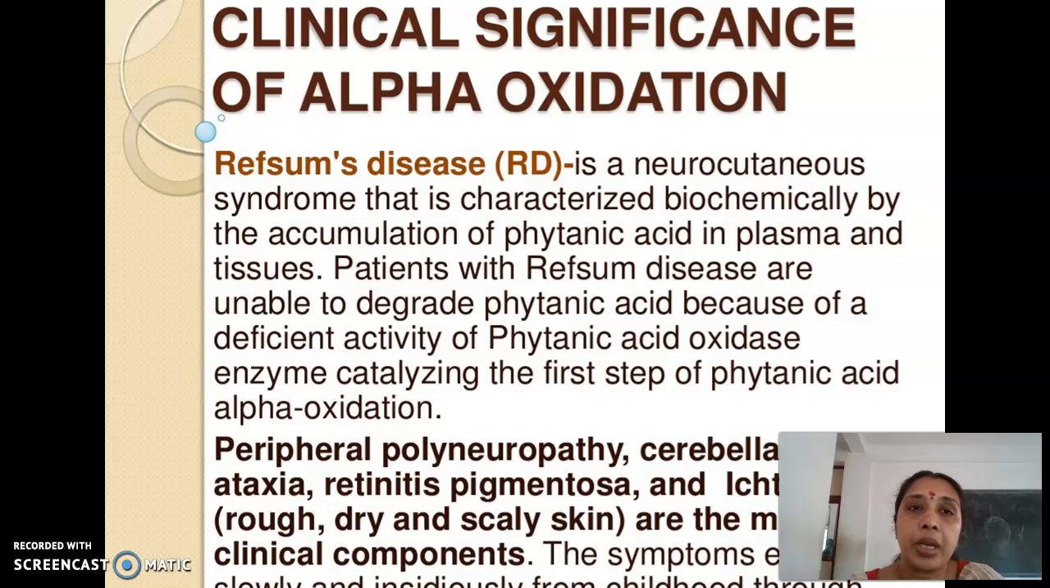Okay, so those are the conditions related to alpha oxidation, mainly Refsum's disease. Refsum's disease is of two types: infantile and adult. The adult form is a polyneuropathic, neurocutaneous syndrome affecting the central nervous system and also the skin, and also the vision. Infantile Refsum's disease is almost similar to Zellweger's syndrome. Then peroxisomal oxidation is also affected because the phytanic acid is not entering into